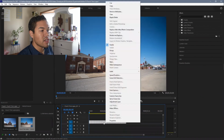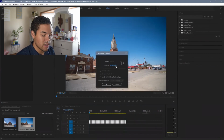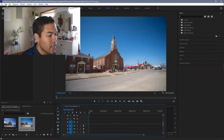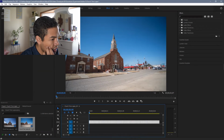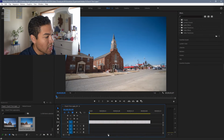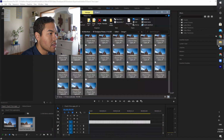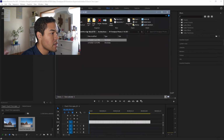Okay, so you go to the speed duration, and you're going to change this to 0:1. You're going to hit OK, and then you're going to hit sequence, close gap. And what that does is it takes all of them down to just that 1 second, and it closes them all in together. Also for this, I wanted to include some